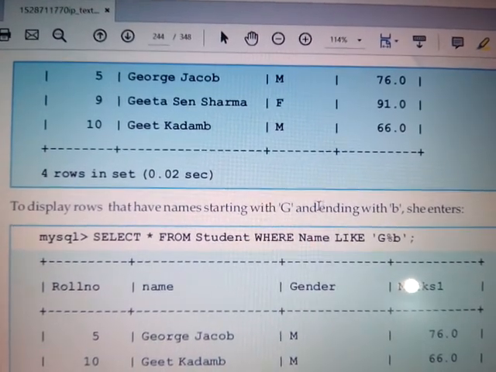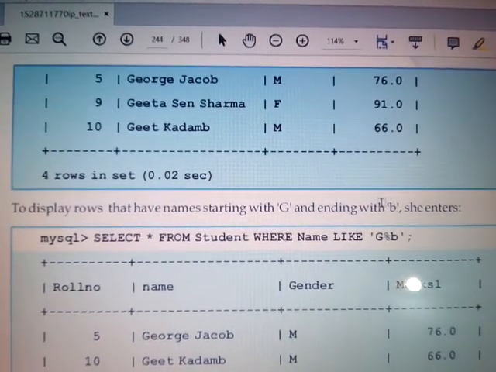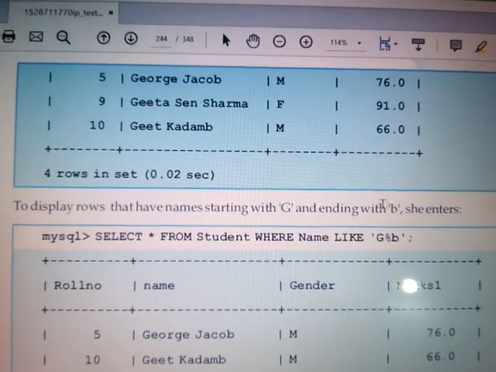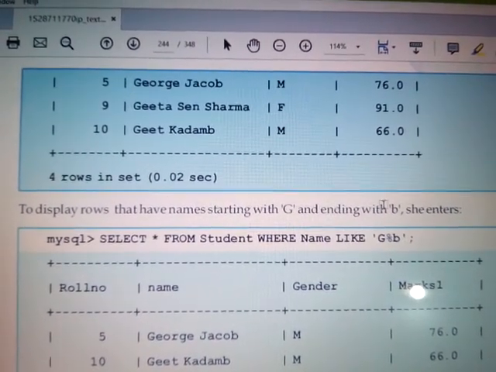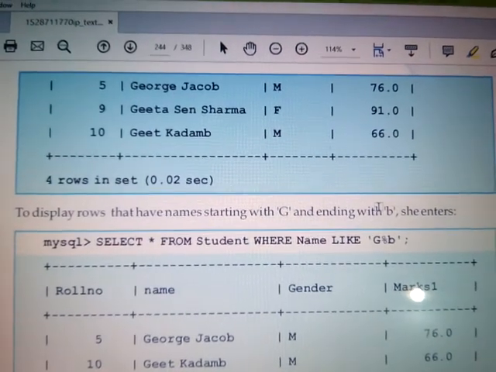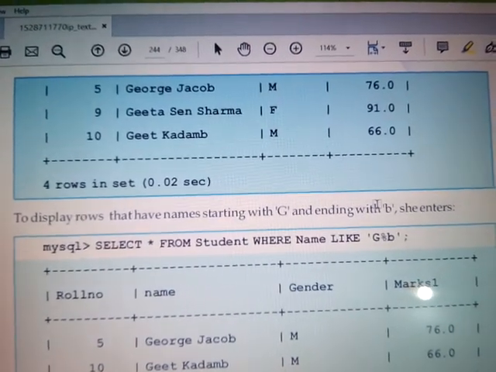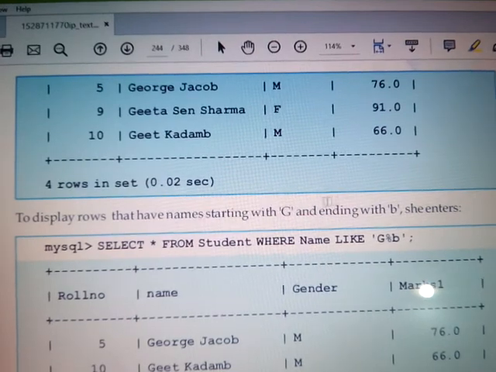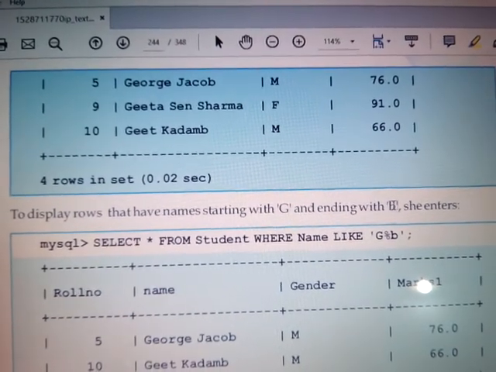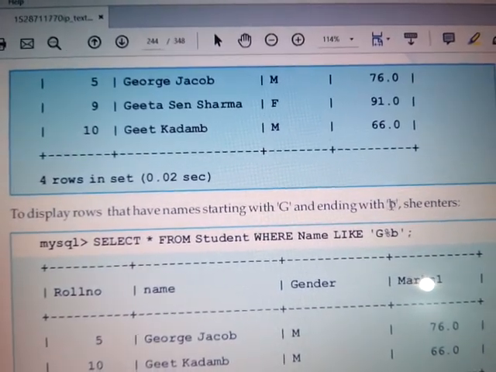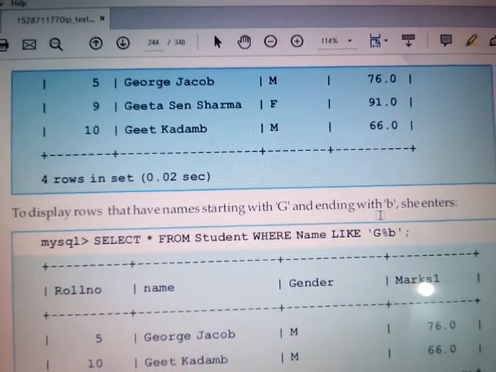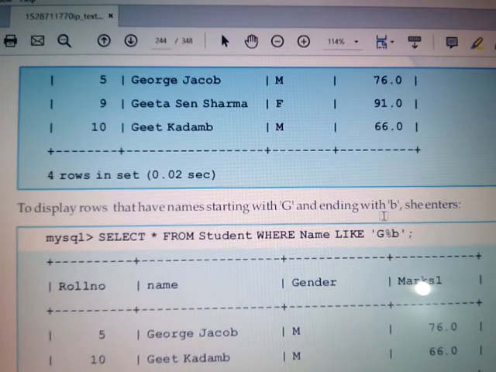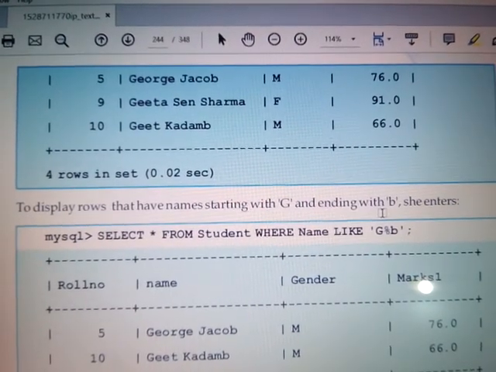And ending with B means percentage B: the character is written afterwards and the symbol is written before the character. Now we have to combine these two into one, so the answer will be G percentage B.